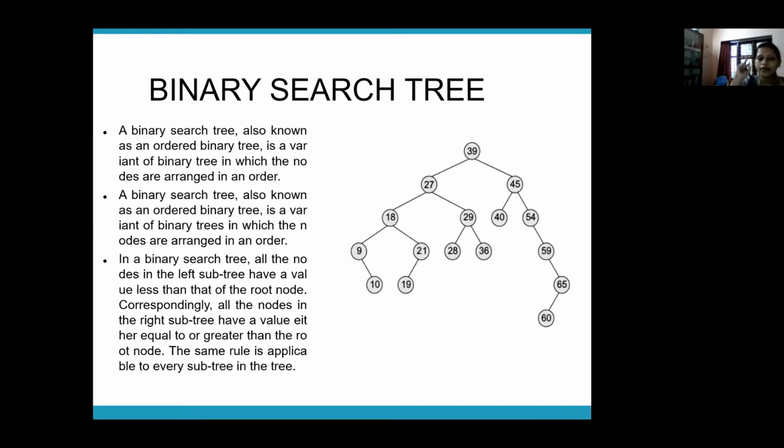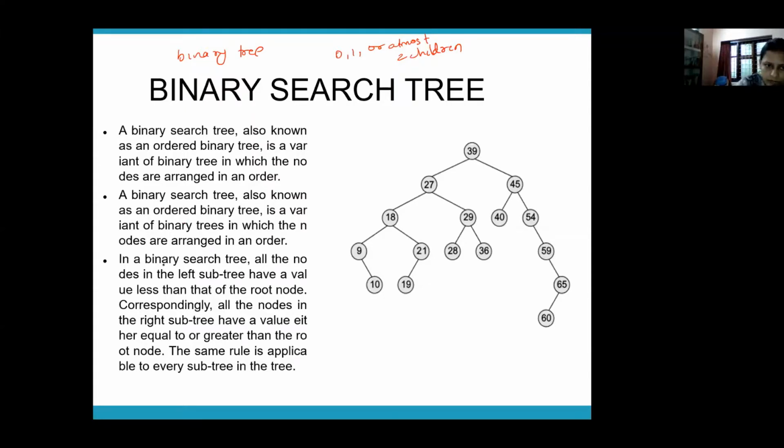That's a binary tree. Now, this is another kind of tree whose implementation also we have to study. It has wide applications in computer science. We'll see that also. See, a binary search tree is a binary tree. It is a type of binary tree. So here also every node should satisfy the property that it can have 0, 1 or at most 2 children. But there's a speciality about this tree. It is an ordered binary tree. That means there is some ordering of the elements in the nodes. Now, what is that ordering?